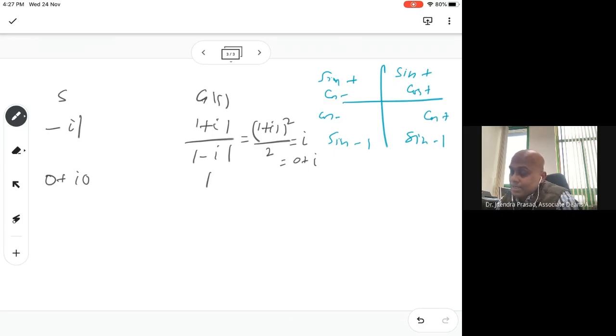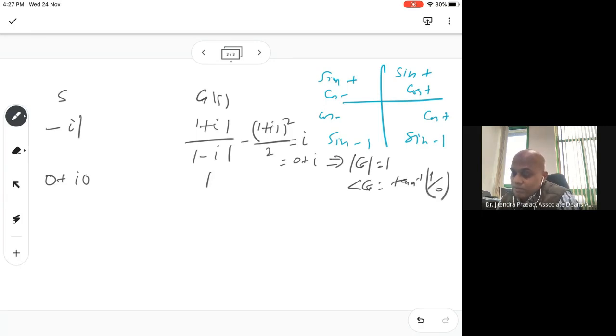Okay. And hence this tells us that magnitude of G is equal to 1, and angle of G is equal to tan inverse, and what? 0. We have 1 divided by 0, and both are positive. So the 1 divided by 0 will tell us this is which quadrant?